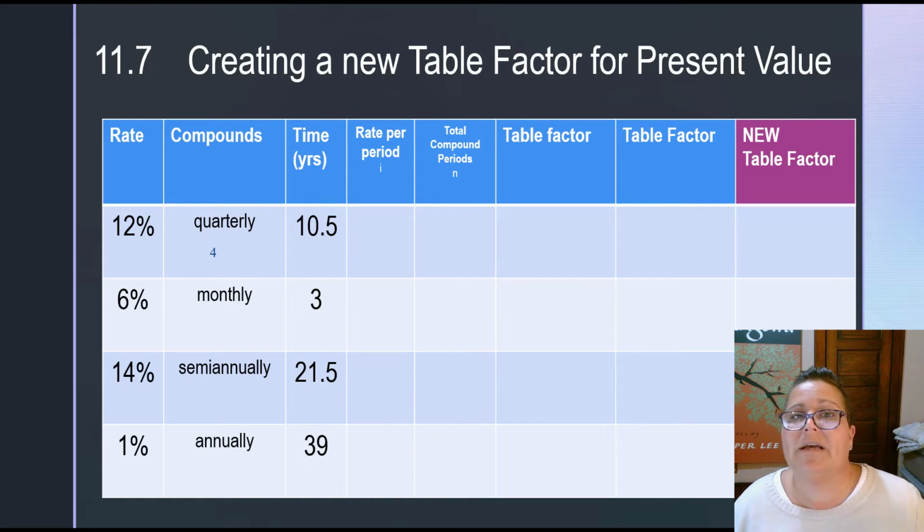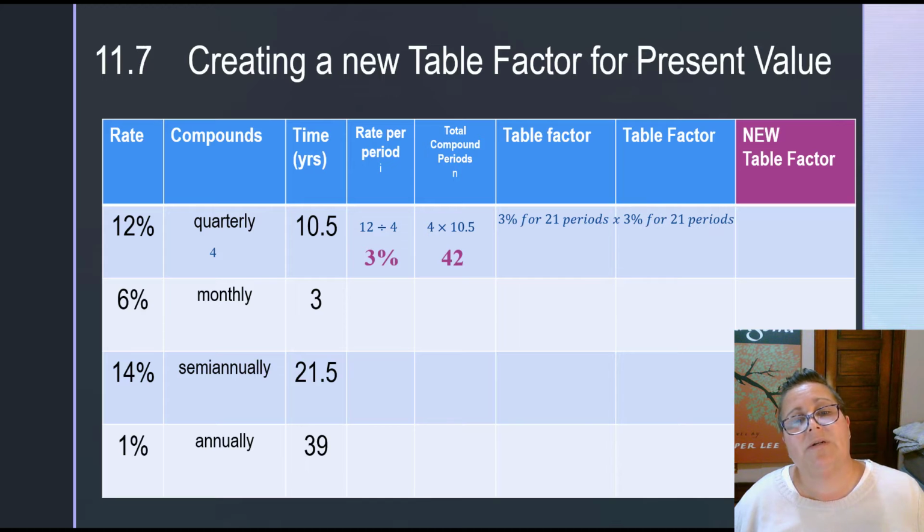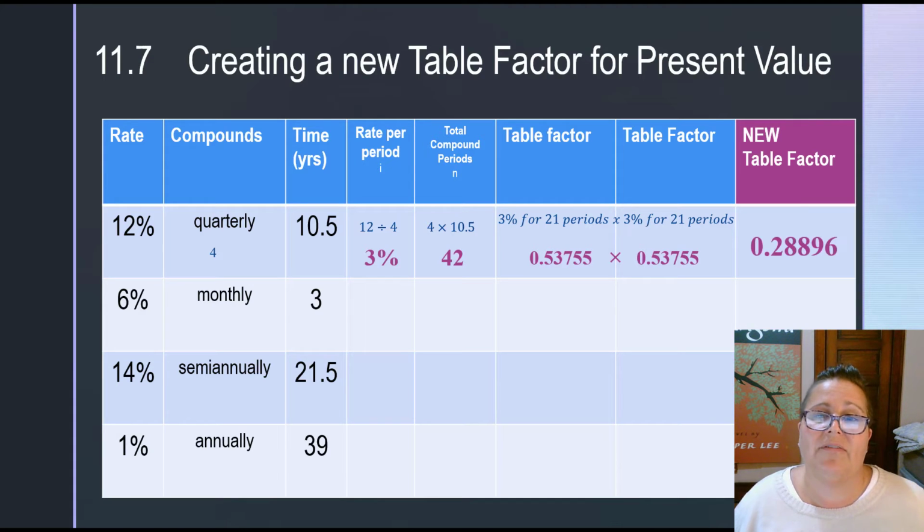Quarterly, again, is 4 times a year, which means our interest rate per period would be 12 divided by 4, and it's another 3%. Total number of compounding periods would be 4 times 10.5, which is 42. Since 42 is not on our table, I'm going to split that into 21 and 21. So I'm going to do 3% at 21 periods times the table factor of 3% at 21 periods, or 0.53755 times 0.53755, which gives me a brand new table factor of